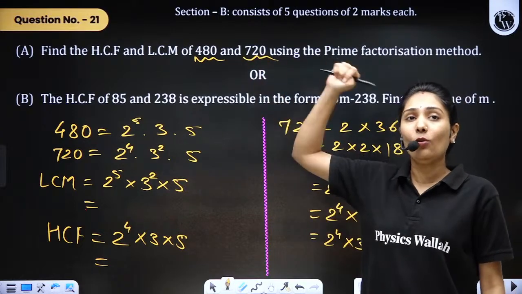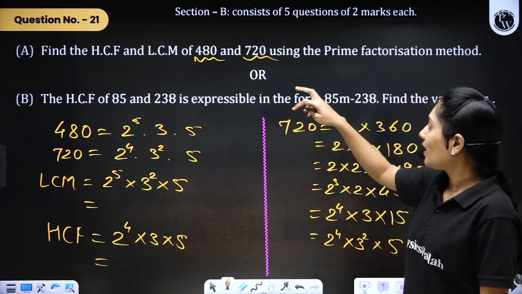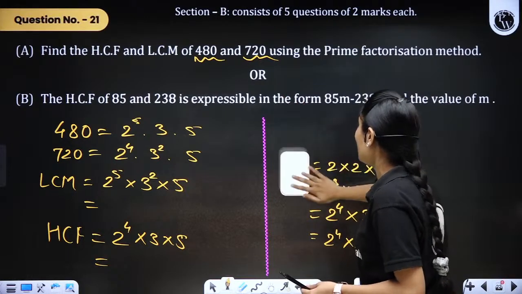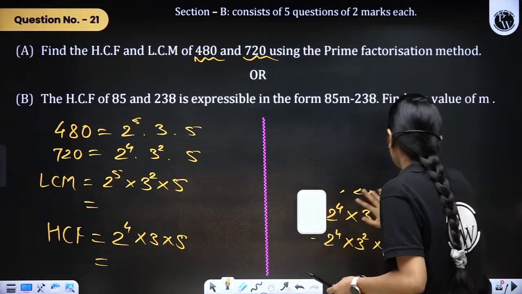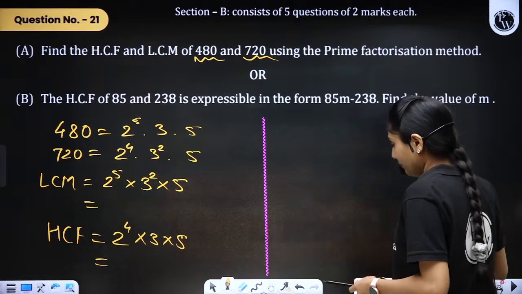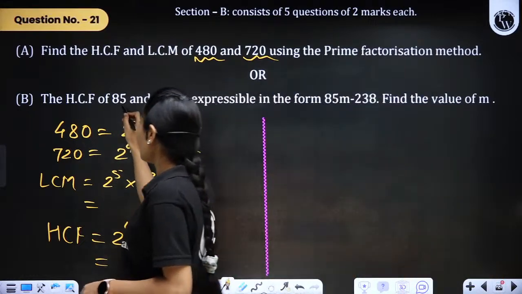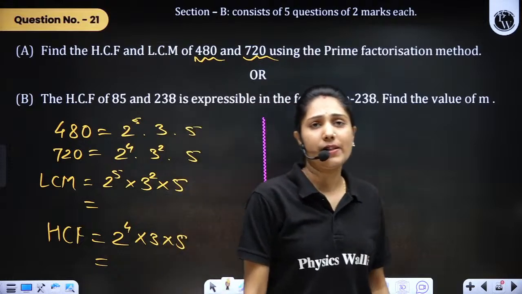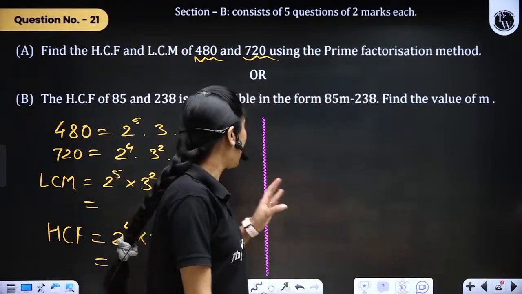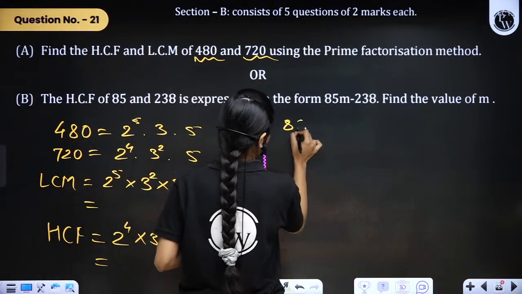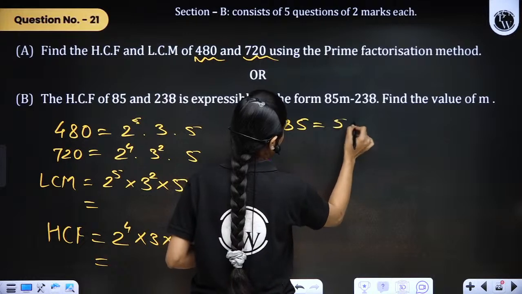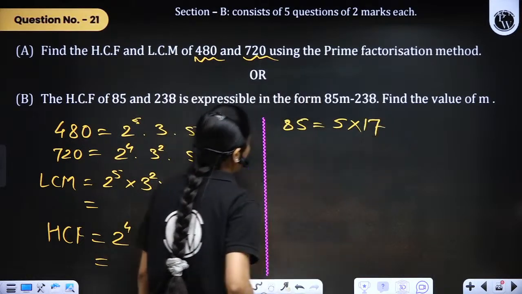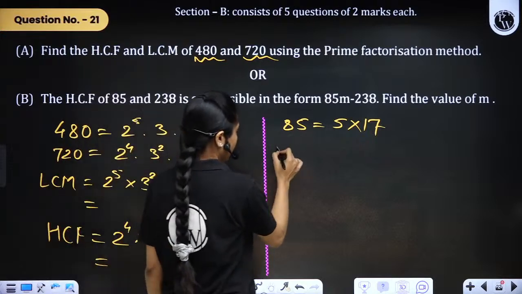Now, we are coming towards the second one. So, what does it say? The HCF of 85 and 238 is expressible in the form 85m minus 238, then the value of m. Okay, we have to calculate the HCF of 85 and 238. Tell me the prime factorization of 85 and 238. 85 is nothing but 5 into 17. That's it. Okay, and for 238,